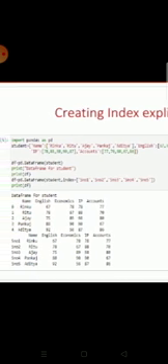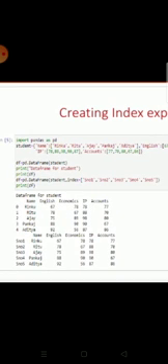Here again I have taken the student name Rinku, Ritu, Ajay, Pankaj, Aditya, marks of the subject English, economics, IP, accounts as usual. Data frame I have created where all data are displaying in a data frame. So now come to line number 6. df equal to pd dot DataFrame student index equal to index. Now I am creating s number 1, s number 2, s number 3, s number 4, s number 5.